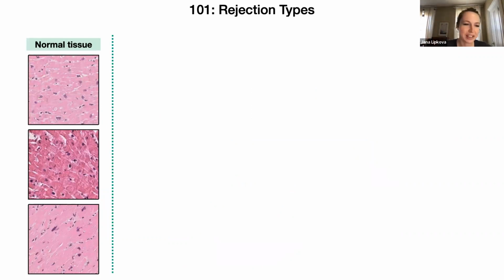I'm not a pathologist, and always when I meet a new disease, I like to understand what I'm looking at. So now I have 2 slides as a crash course in looking at heart biopsies. In the first column, you can see the normal tissue, and it looks like muscle tissue. This is healthy cardiac tissue, which looks like muscle tissue, since it is a muscle to some extent. And you can see this nice regular structure.